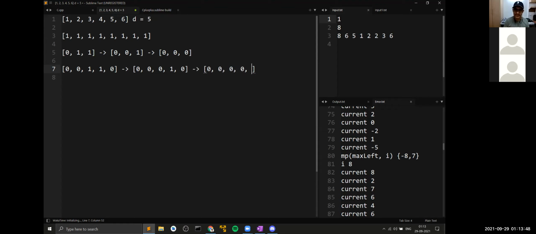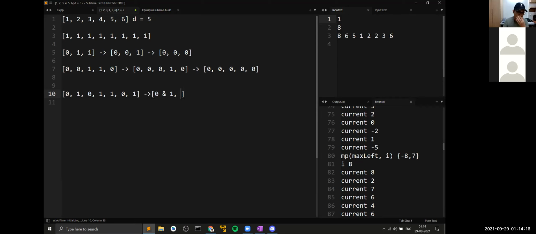Now let us take another example. This is an important example. Let's say I tell you something like this: 0, 1, 0. What about this one? How many steps are required? After one step, what would happen? After one step, all the adjacent elements would be paired up, right? So we will have something like this: 0, 0 and